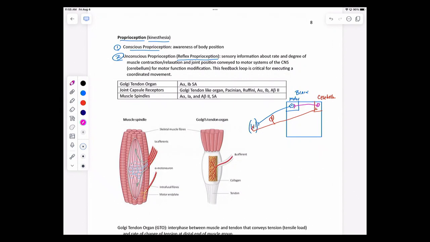So I communicate to the muscle, do X, Y, Z. The muscle then talks back to the central nervous system via the cerebellum. The cerebellum, through a series of neuronal connections, will then talk back to the motor system, modifying the signal going to the muscle. So all of this is what we're talking about when we're talking about reflex proprioception, because it is below the level of consciousness. Now, if we go to another one, here we go, green there. Okay, so I also have a different set of sensory neurons associated with that muscle.